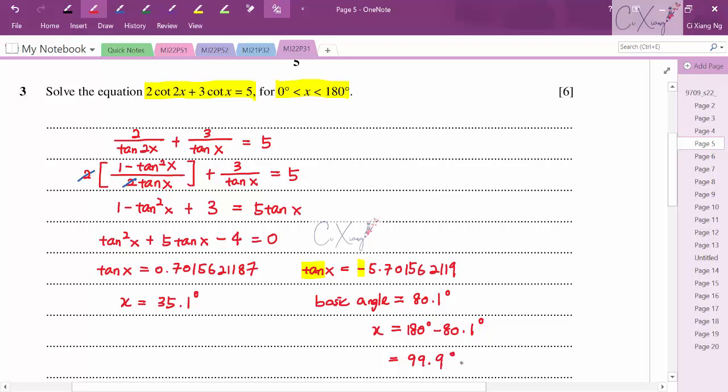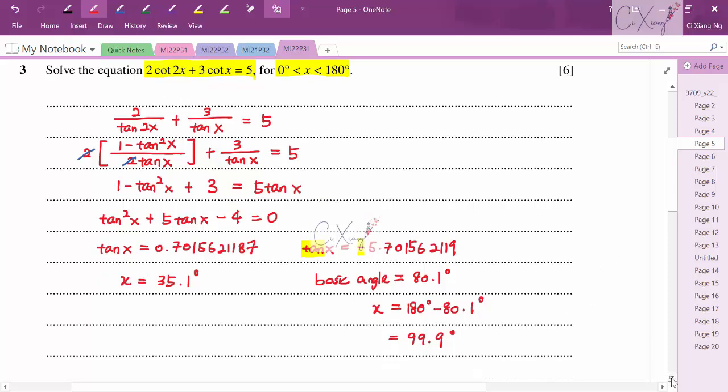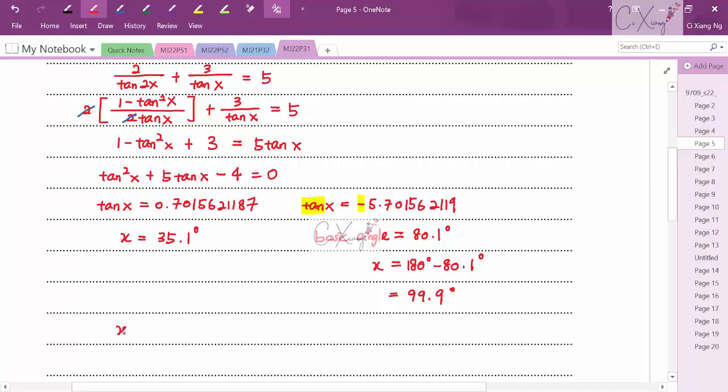So these are the two values of x that we can solve from the equation mentioned here. All right, so we should have two answers for x, where the first value for x should be 35.1, and the second value for x should be 99.9. Okay, so this is how we solve question number